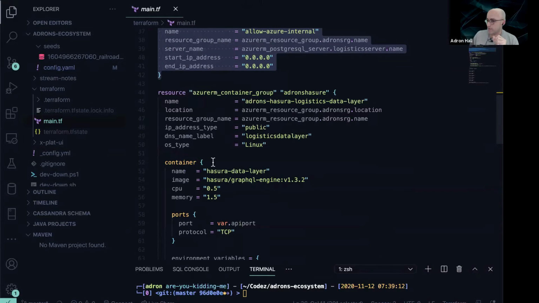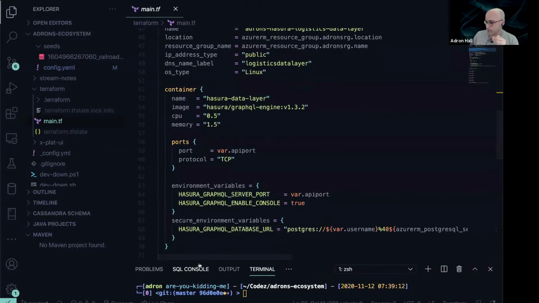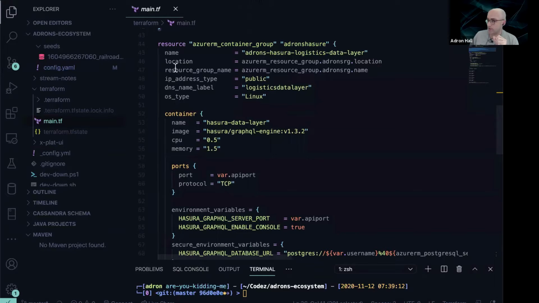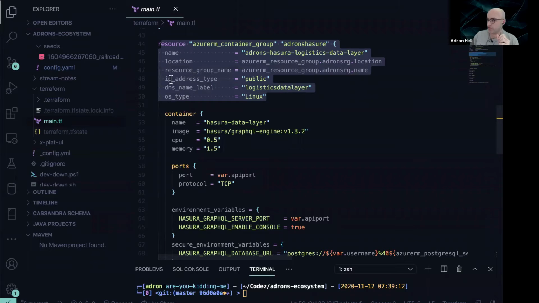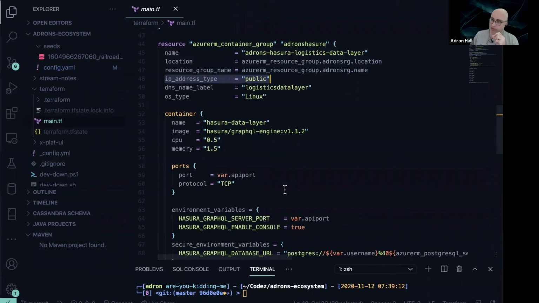And then we have the container group, which barely fits on the screen. So anyway, the container group is created. It's added to the resource group. It states that there's going to be a public IP made available for this particular container. Then the container itself is pulled. Here's the image. So that's basically the image name that's going to be out and available on Docker Hub. So it pulls the image from Docker Hub and then spins that up in